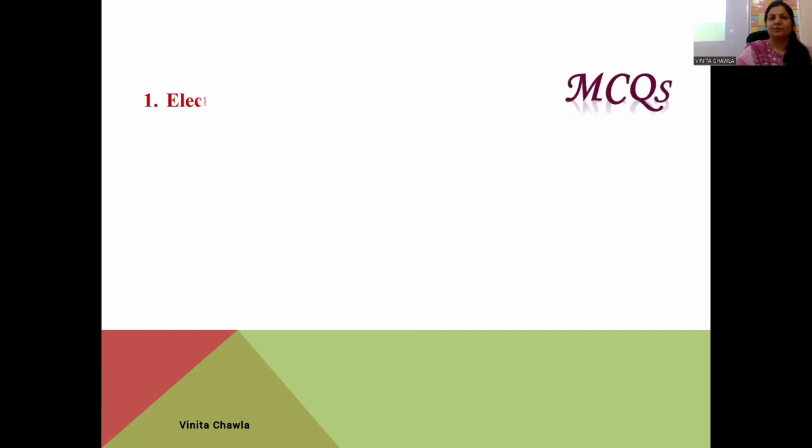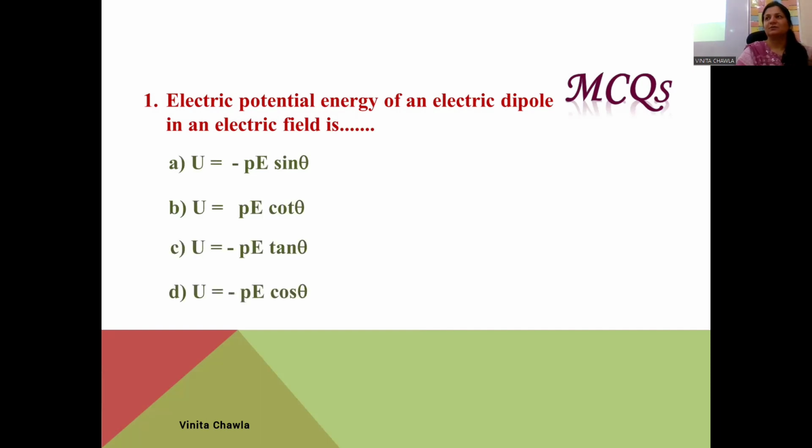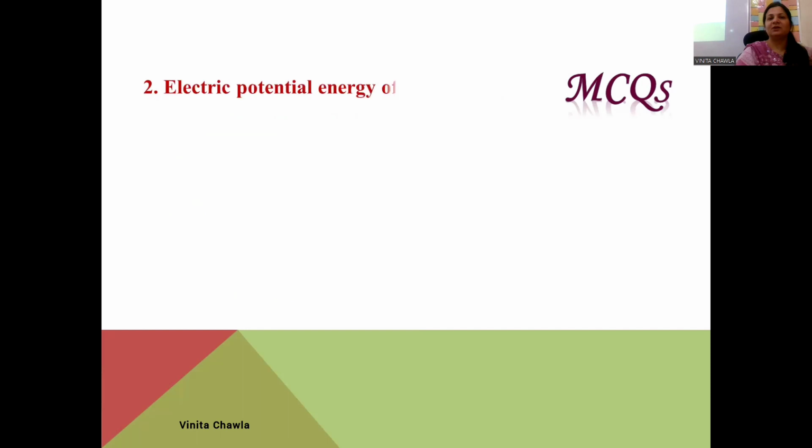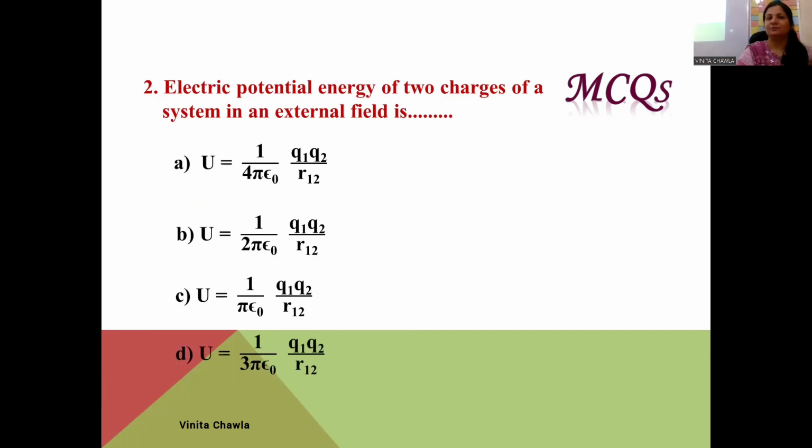Yes. Now we have questions based on this. Electric potential energy of an electric dipole in an electric field is this, or this. Minus PE cos theta. Correct. Next question. Electric potential energy of two charges of a system in an external field is A, B, C or D. Pakka? Good. End of the